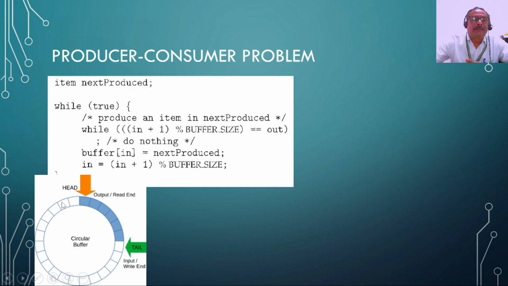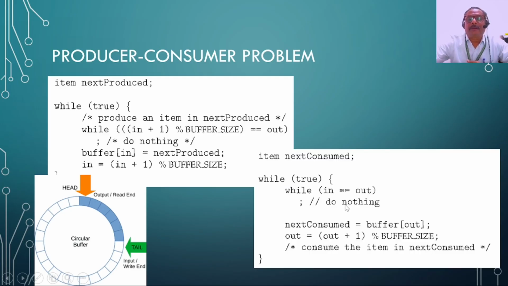Once something is read, the out gets shifted, and this plus 1 is no more equal to out, and hence at least one slot is free, and in that slot we can write the next one. After writing, make sure to increment the tail, that is what we call in in this code, and in the figure we call it head for out and tail for in. So this is the producer system and the consumer system.